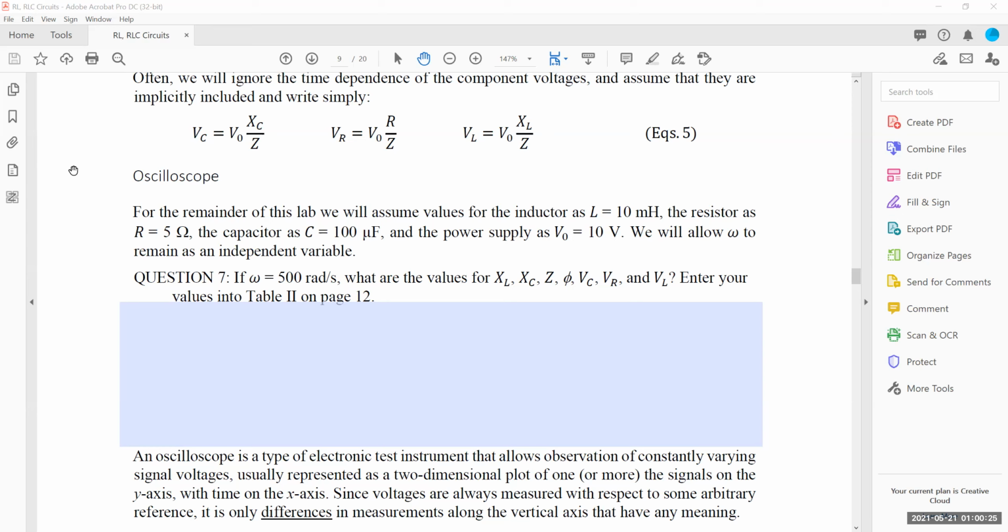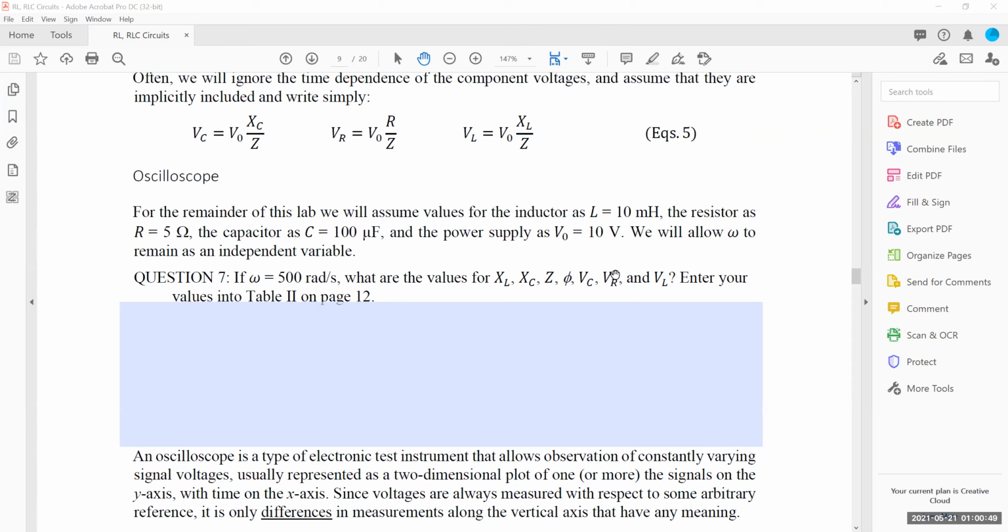So we have an oscilloscope, assume that you have an oscilloscope, and that oscilloscope is set up for this circuit, okay? With a voltage power supply of 10 volts, and the omega of the power supply is variable. It can be 500 radians per second or another value. So if it is 500 radians per second, find XL, find XC, find Z, find phi, find VC, find VR,